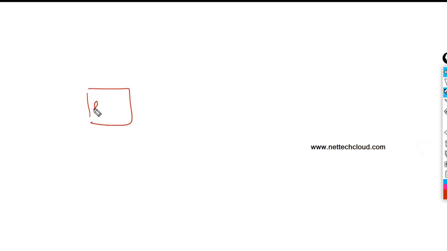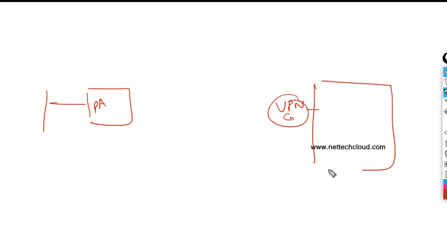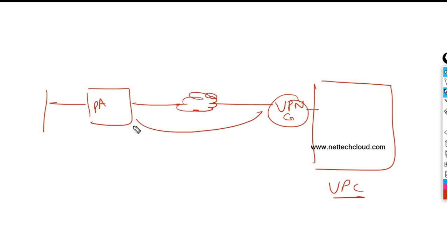So the tunnel we are going to create here is between the Palo Alto firewall in the in-house network infrastructure and the VPN gateway attached to the AWS VPC, and here the transport is the internet. And what we are going to do is set up an IPsec tunnel between this Palo Alto firewall, the customer-owned VPN gateway, and the AWS managed VPN gateway, right?